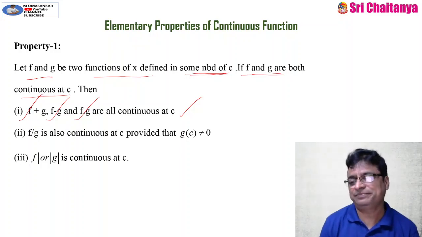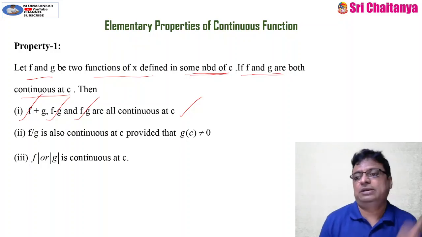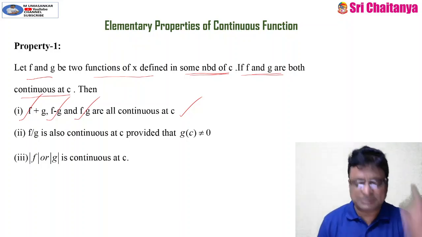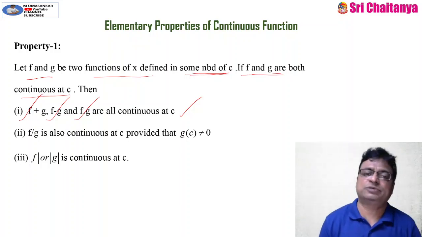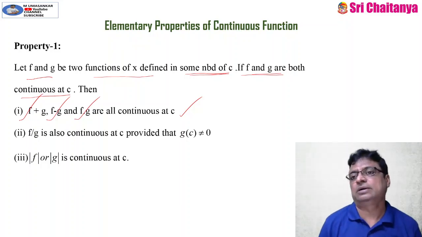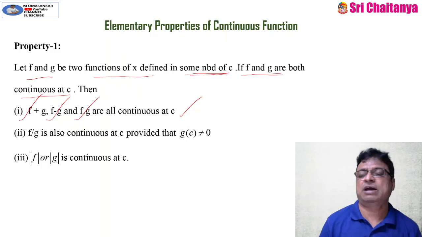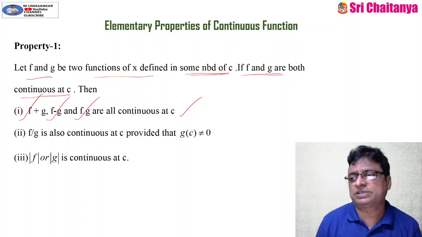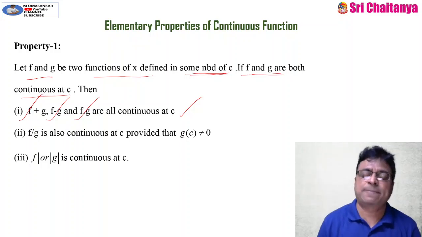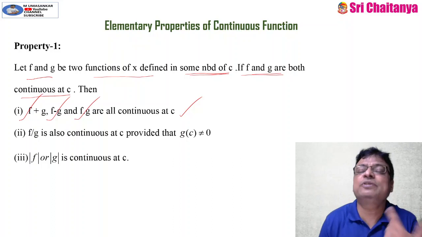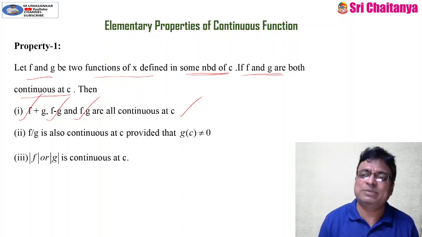If you verify old JEE Mains or Advanced papers, especially Advanced, the same statement was asked in the form of a question: which of the following statements is true, one or more than one answer type. But again I am telling one important and costliest point, my USP. The sum of two continuous functions is continuous, the difference is continuous, the product is continuous, no doubt. But what about the converse?